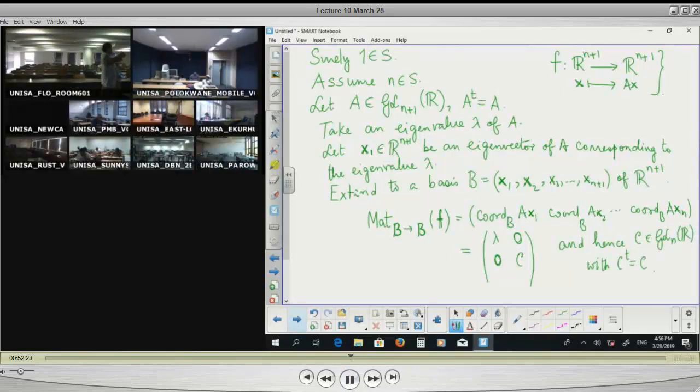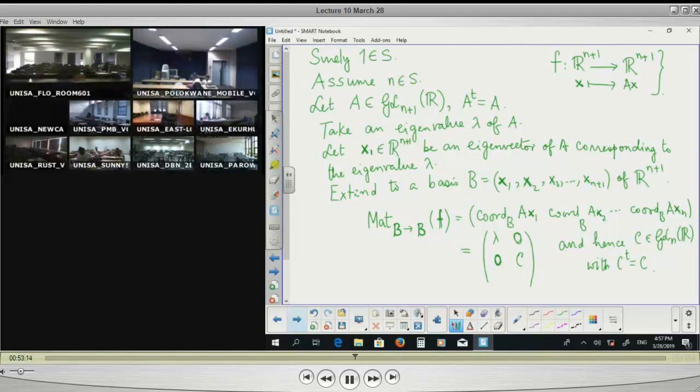Okay? What is A transpose? A transpose is just interchange the rows and columns, right? The first column, you see the first column is just lambda, 0, 0, 0. The second column is lambda, 0, 0, 0. The first row. So we interchange, it doesn't change. So this will be C transpose, right? A transpose is equal to A, so therefore C must be equal to C transpose, right? So C must be symmetric. But then I'm done. C is a symmetric matrix of order n,